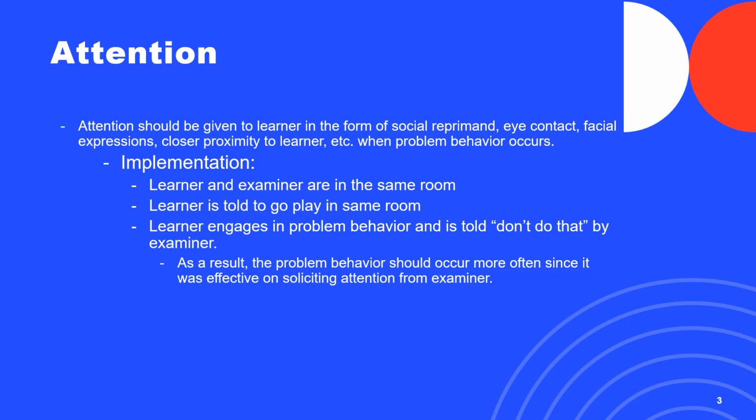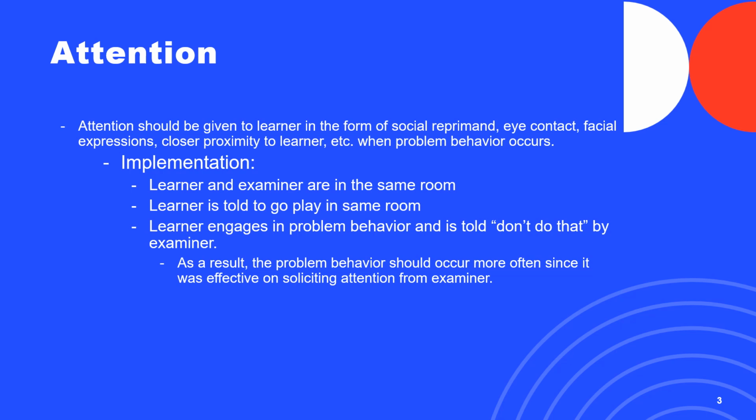So basically the implementation, I have step by step here, so I'll be going over it. Step 1, learner and examiner are in the same room. Step 2, learner is told to go play in the same room. Step 3, learner engages in problem behavior and is told "don't do that" by examiner. So here they are giving a reprimand, or they are giving a response to that behavior. And then as a result, we should see the problem behavior occur more since it was effective in soliciting attention